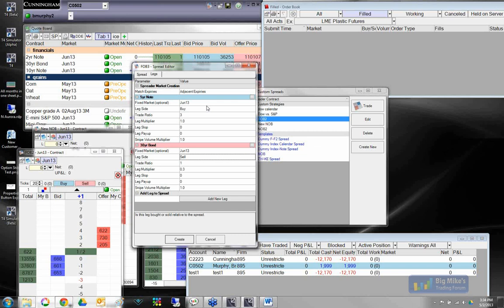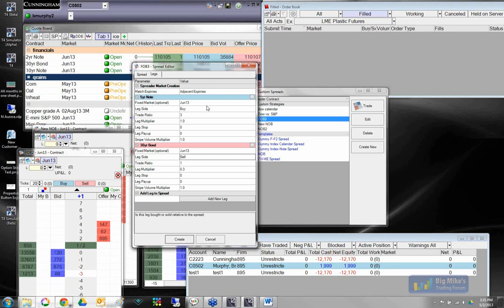Leg multiplier again is that 1 to 0.3. Then the 3 options we have for you to play with even more are what we call slop, pay up, and multiplier, snipe volume. These are just some definitions we came up with. We can change these, just something my developer and I worked on and put out there. But to give you a basic definition,